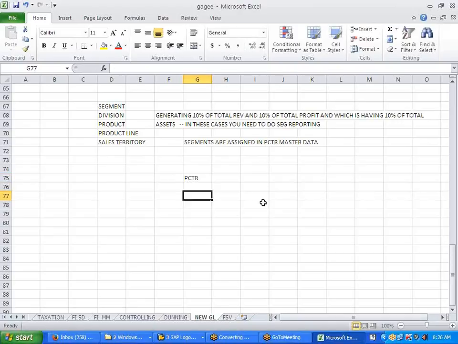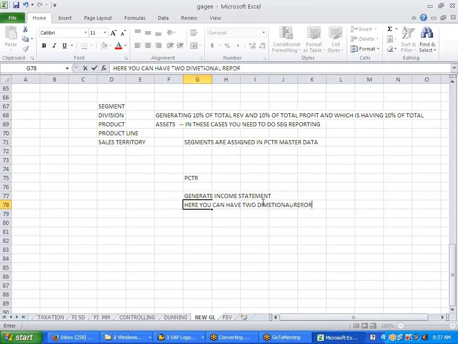Profit center, basically we use to generate income statements. Here, you can have two-dimensional reports. Okay. Now this profit center carries